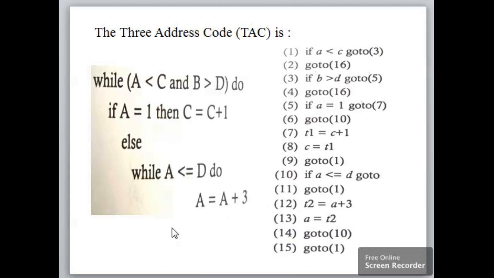So I hope that how to write the 3-address statement might be clear to you. Please go through these examples and try to